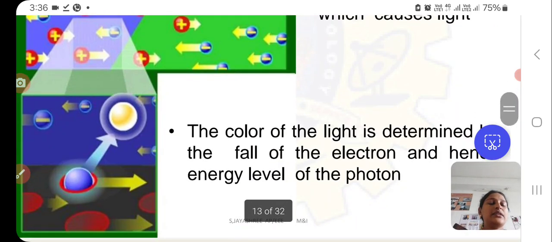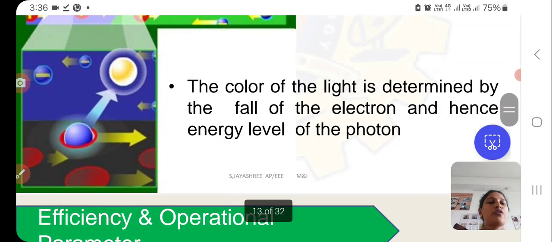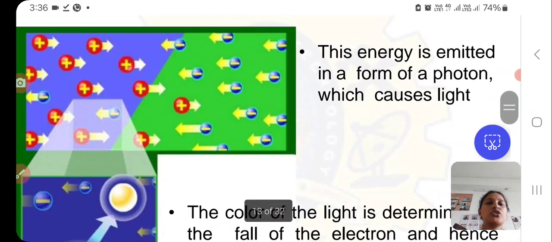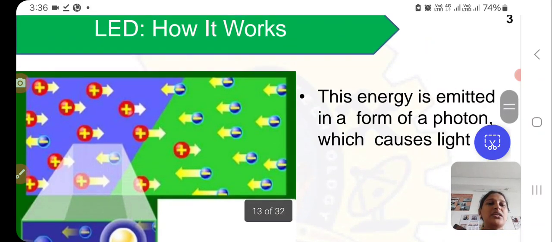And the color of the light is determined by the fall of the electron and hence the energy level of the photon. So whenever an electron is being accepted or lost from an atom, in either way